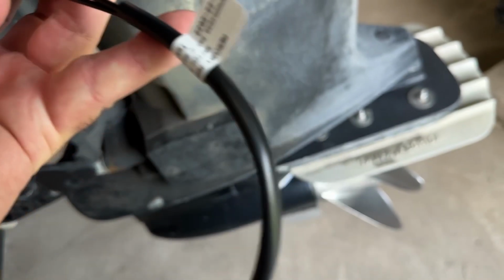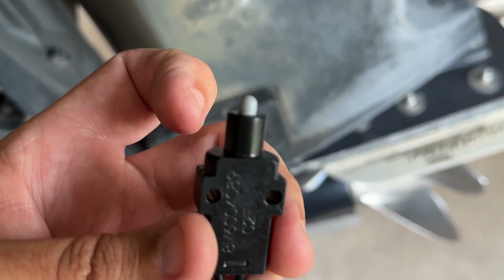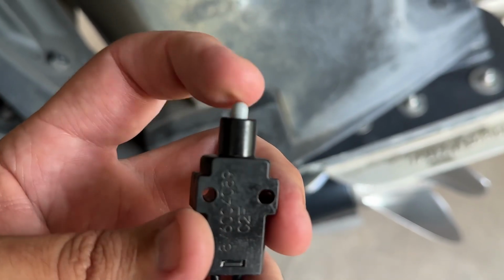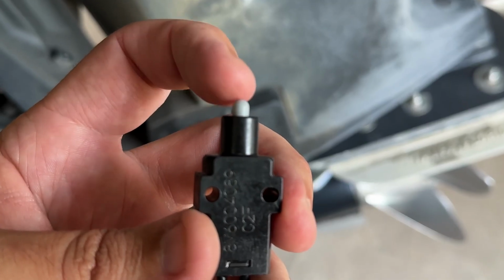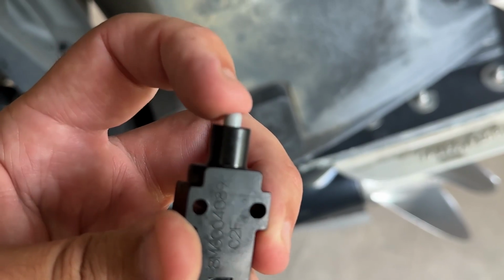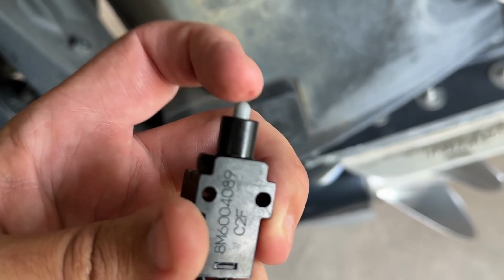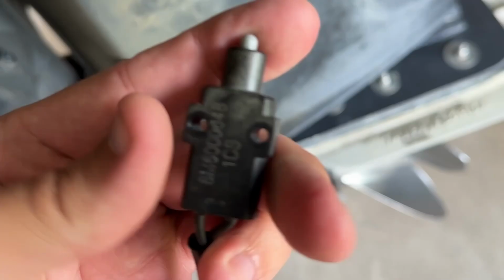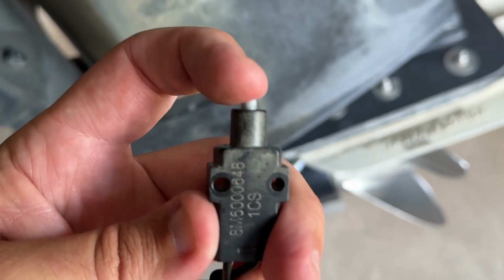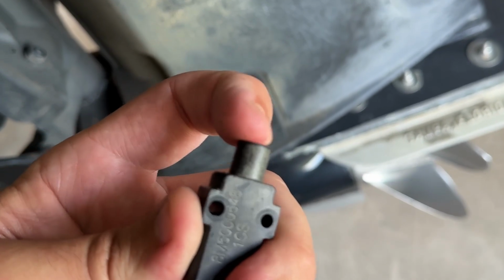Okay, so here's the new one. I'm not going to tell you how much it cost me because 2 weeks from now it'll be a different price, and I don't want to make a bunch of y'all mad. So this is the new one. See how fast that little button comes right back out. That was definitely what we were missing on that old one. Here's our old one back. It's a lot harder, but you see it's...